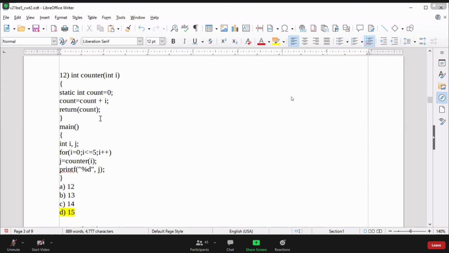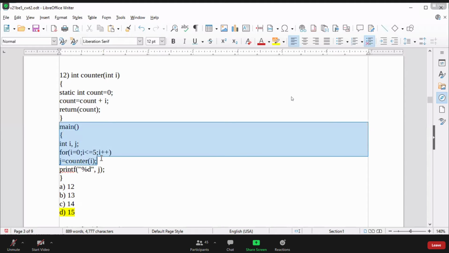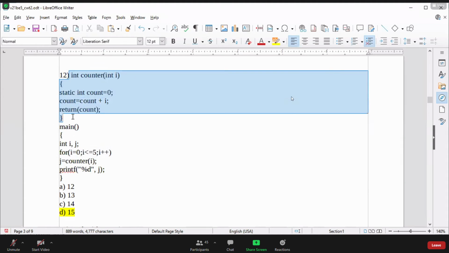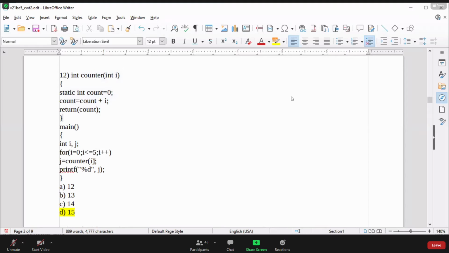Now this is a function based question. Program execution starts from the main function. Here the function call is available and the definition is given above main, so you know very well there is no need for a declaration. Now in this program, you have to understand some steps. The final answer is 15. Now let me explain how it works.